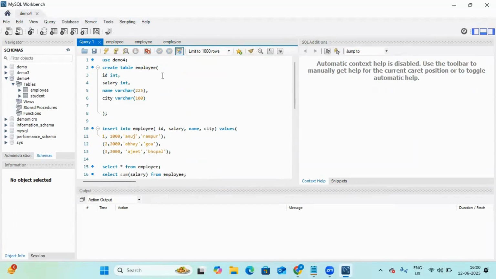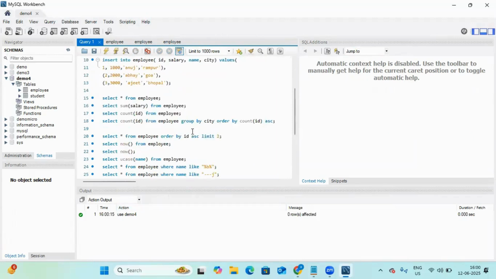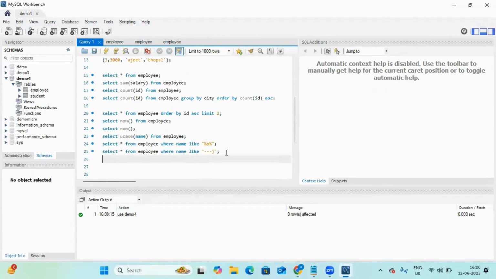So first let me run. To delete a record from the employee table, how will we delete a record? We have seen it earlier also. Let me show you. For a delete operation, we will use delete from